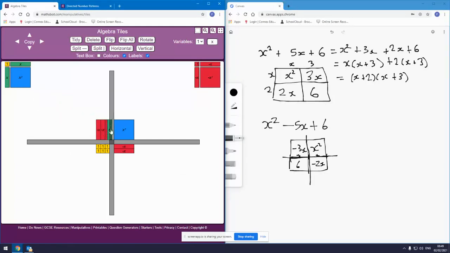and I can see that with the tiles here. This is a positive length of x, this is a positive length of x, this is a length of negative 3, and then similarly this is a length of negative 2. So I get my factors x minus 2, x minus 3, but they're all separate, and that's something I'm not